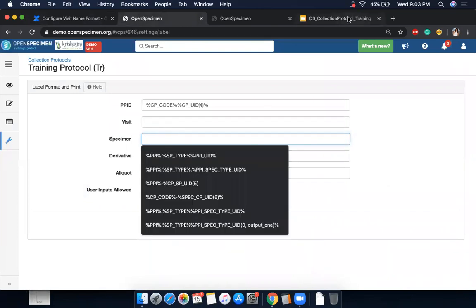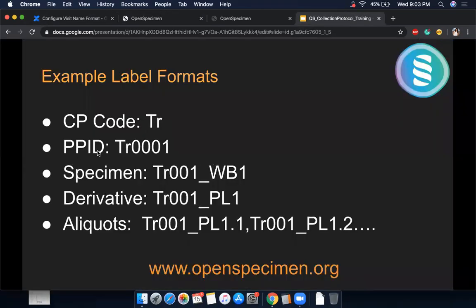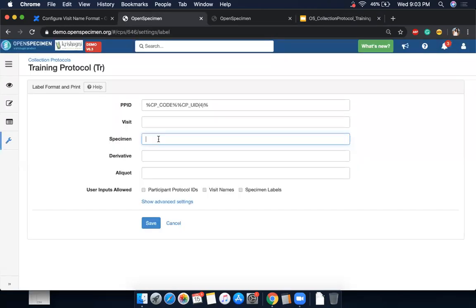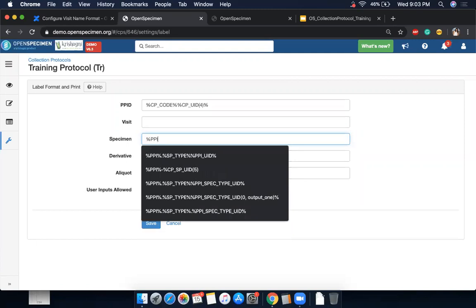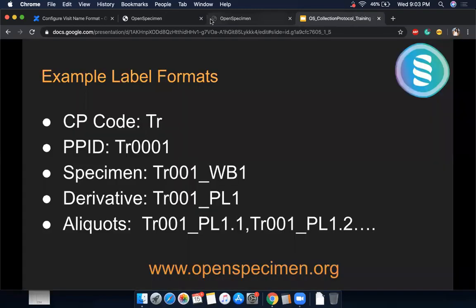Then we'll go to the specimen token. So if you see here, I want my primary specimen to be the patient ID underscore, then, sorry, I missed a 0 here, but it needs to be patient ID underscore the type of specimen and a number to identify. Suppose I'm collecting more than one blood sample, I want 1, 2, 3 for every blood sample. So I'll use the token PPI, which means it will be replaced with the PPID or the patient ID. Then I need an underscore.